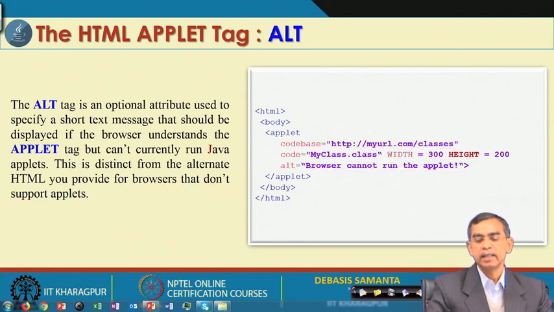This is for giving the user a good interaction or impression while viewing a page. So, alt is an alternate text, within double quotes. And you see one thing here: all these things, whatever the code base, code, alt, width, height, name, are within this applet tag, and finally there is the closing applet tag.